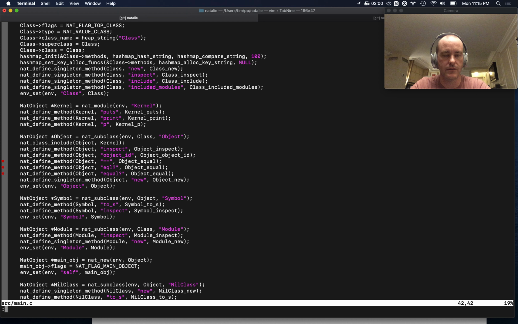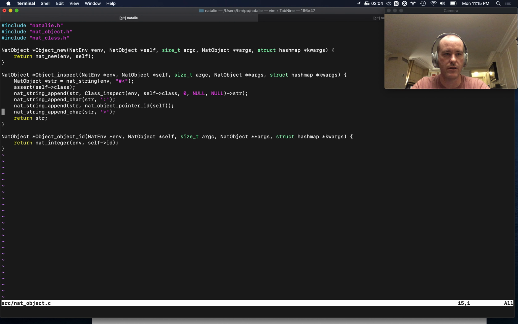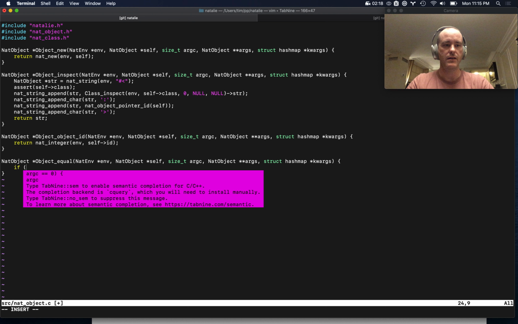Object equal. This shouldn't be too hard at all, because we're just going to compare the pointer. If it's the same object, then we're going to return true. So let's say if